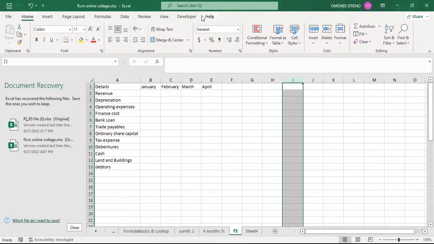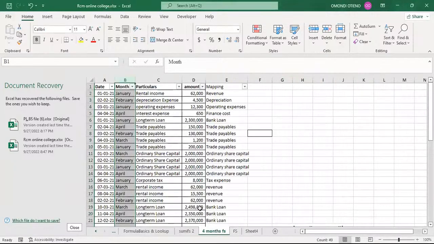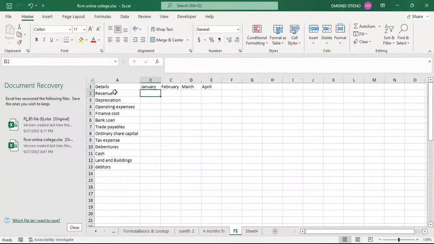Okay. Personally, I took you through the SUMIFs function. So we want to now see, we have this problem now to solve. We have financial statement for items, financial items here. So we've been told to prepare the financial statement for the 4 months. Now that we have the items for the financial statements, and we have the months indicated here,